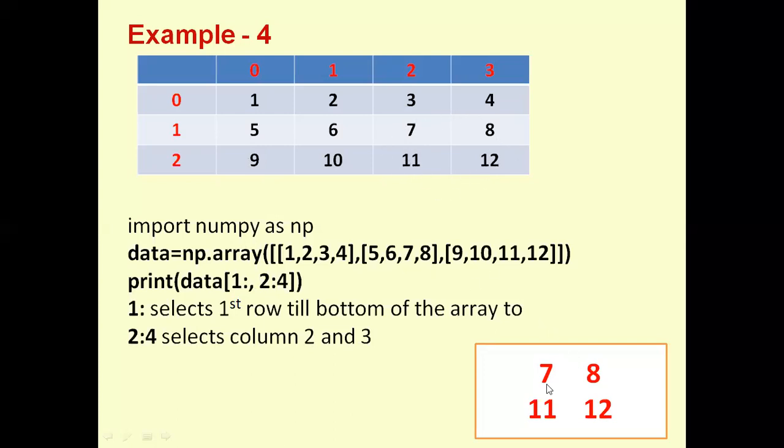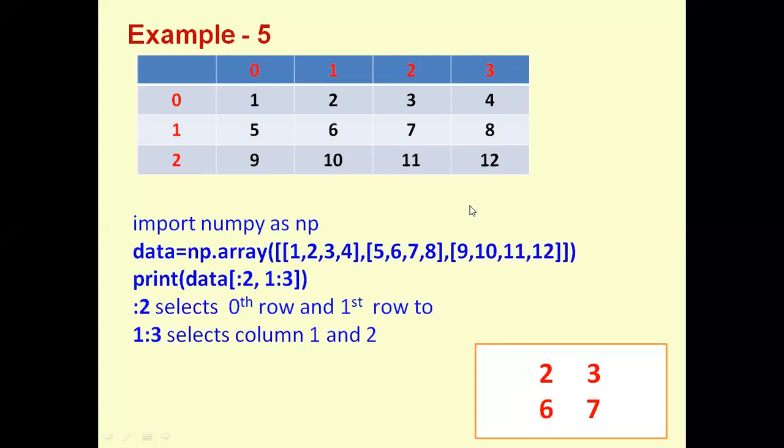So see here, it will select the first row of the bottom of the array, and 2 column 4 means select the column 2 and third from the second, third element. 0, 1, 2, the third element, the third and fourth elements will be printed. So by giving slices, you practice this type of thing, and I'll send you an assignment of this. Do practice at home.